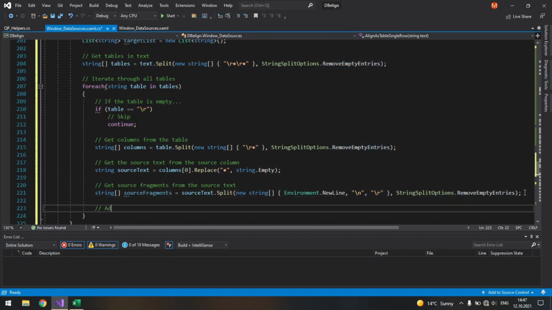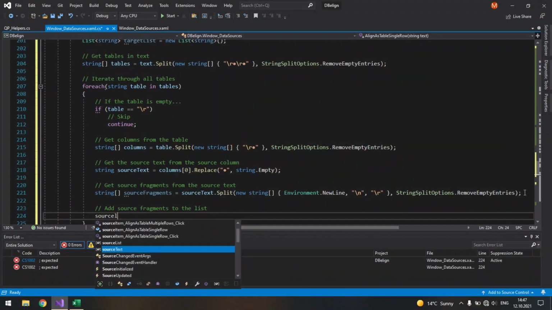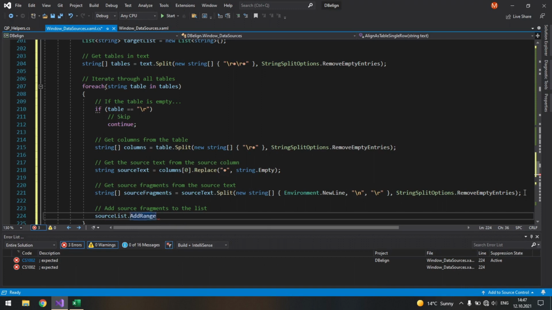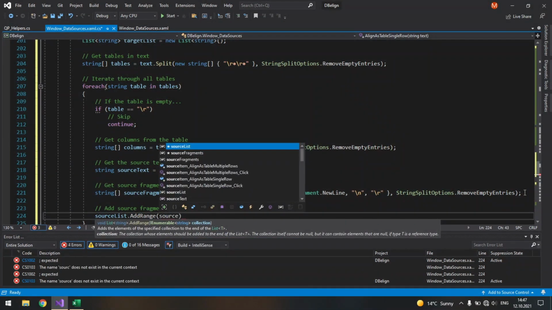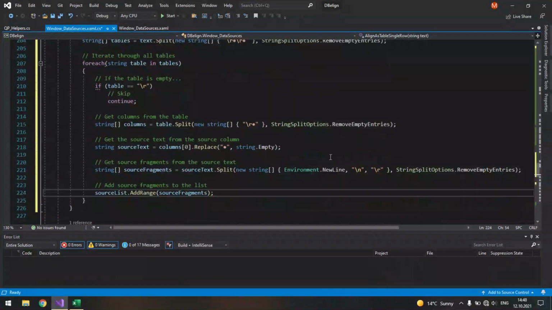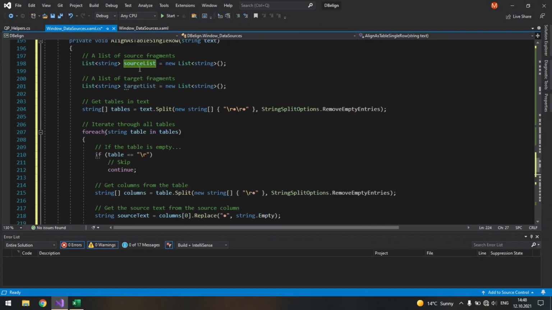Then we are going to add source fragments to the list. So source list dot add range, and here source fragments. So for each table we get the first column and add it to the overall source list.